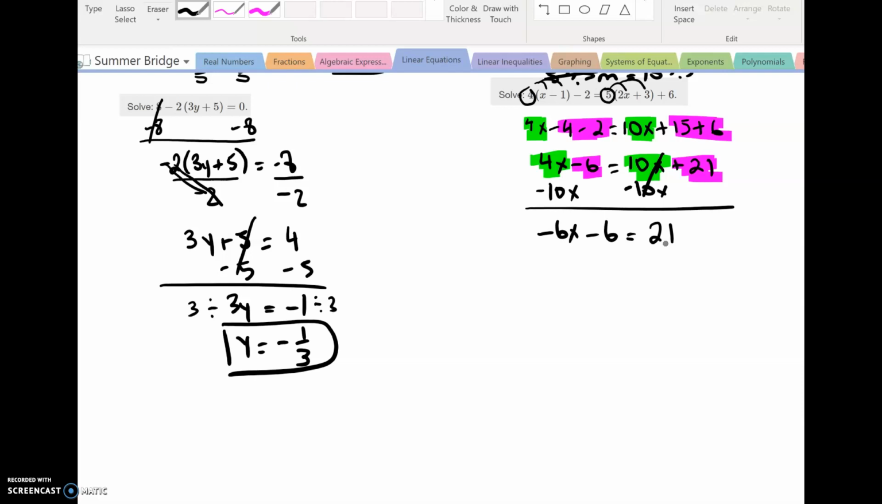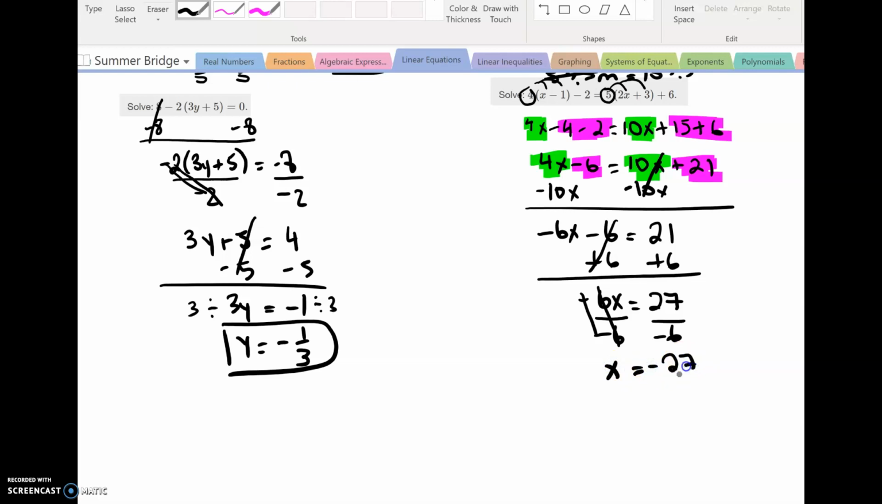Next, I'm going to add the 6 to both sides, and we have negative 6x is equal to 27. Finally, I'm going to divide both sides by negative 6. The 6s cancel, those become positive, and that becomes x is equal to